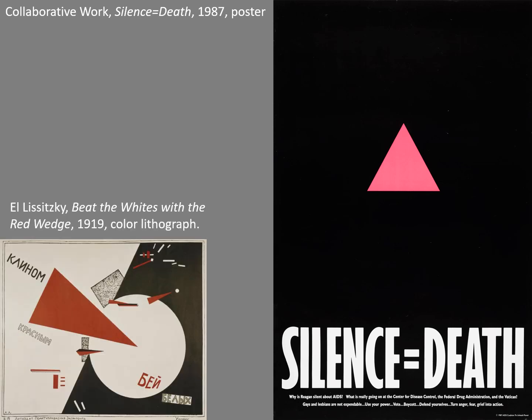You can see that on some level, this is like El Lissitzky, right? It's using these geometric forms. But instead of having that dynamic energy, placing the triangle right at the center, it's like it's focused and telling you to head forward and to stay focused on the path in which to protest the treatment of gays in the United States.